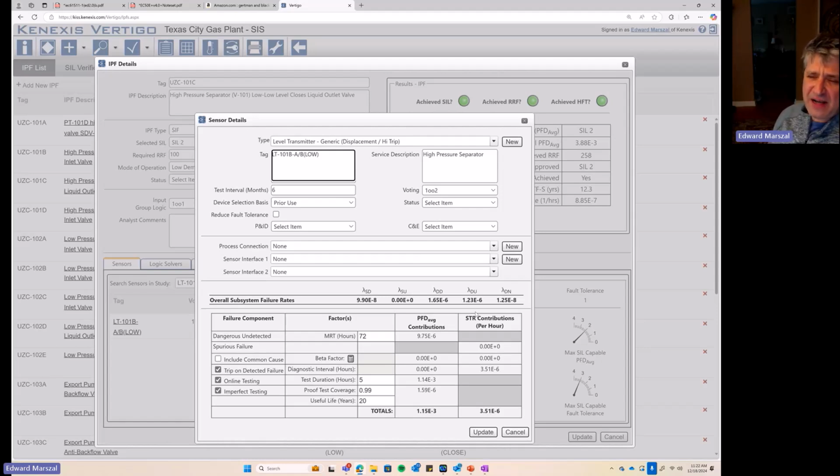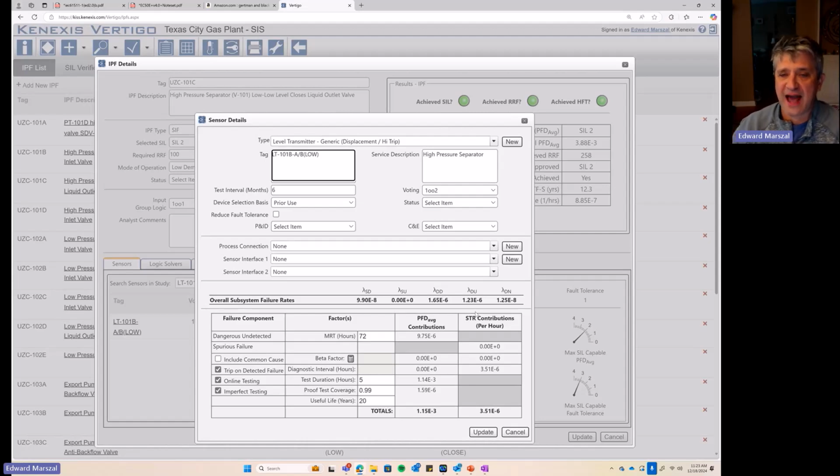And it's very common to see a tuning fork switch being the second or third device, because a tuning fork switch, we can kind of ad hoc pipe into a pipe column, to fix a design problem, shall we say. It's something that you can jury rig after the fact. The problem with that, and let me start out by saying it's absolutely unequivocally acceptable to do that. You can even have a guided wave radar, a displacer, and a tuning fork switch all be part of a 2 out of 3 vote.